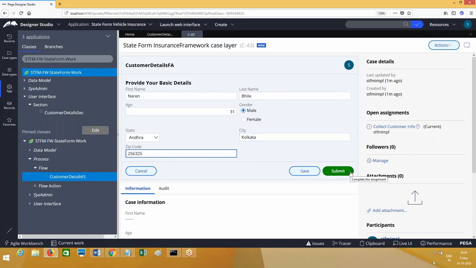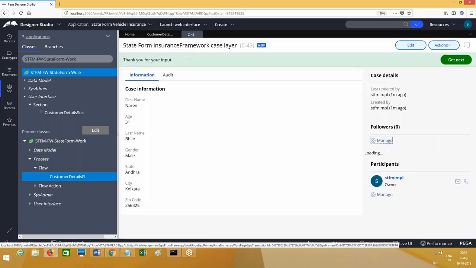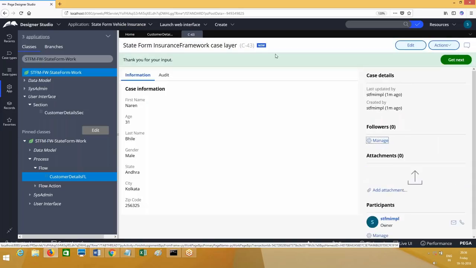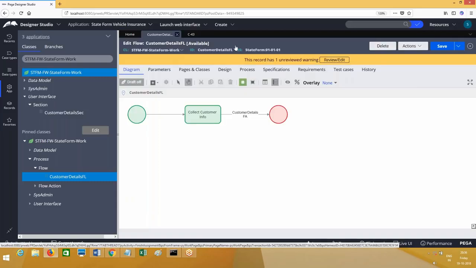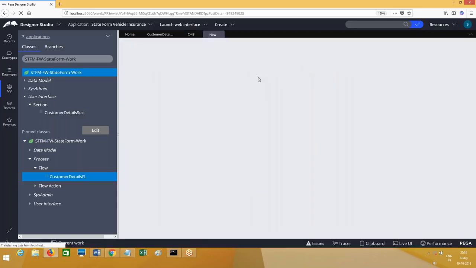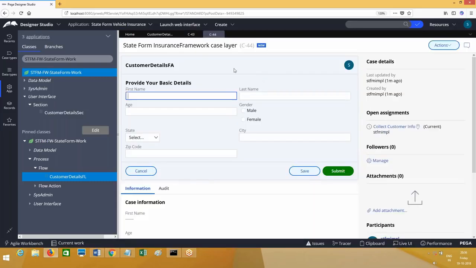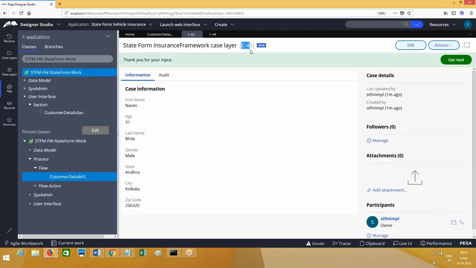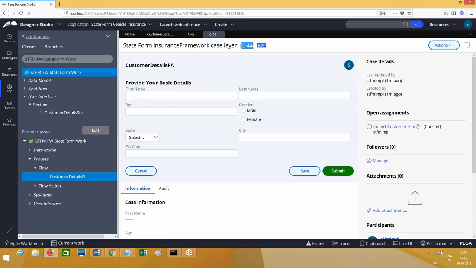So submit this. So exactly what happened after you submit? What is happening after you submit? This and all we are going to understand. First, when I run the flow, a transaction is being initiated and a transaction ID is getting created. If you look at the transaction ID for the previous transaction, it is C-43. This is the functional point of view to give you an idea. So now C-44 is the transaction ID for the next transaction.